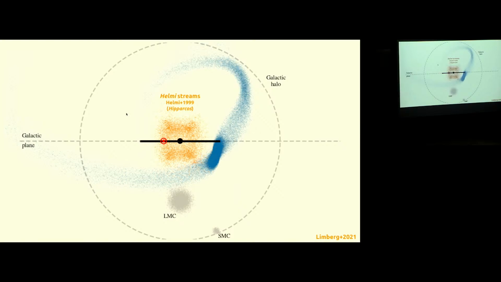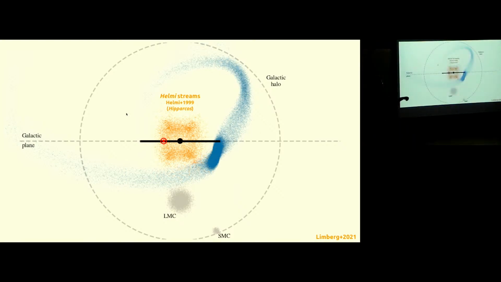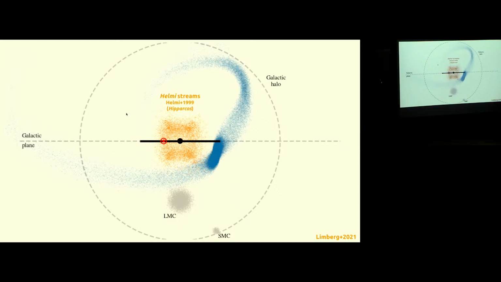Specifically, this one stream was found because the angular momentum vectors of stars that are members of this stream were very different from the bulk of the stellar halo around the sun. Why I think this is interesting to mention is that I also had a paper on this. Specifically, we looked in a previous paper at the chemical compositions of stars in this one dwarf galaxy. And you can imagine that star formation in these tidally disrupted dwarf galaxies quenches very quickly at the time of accretion. But specifically, from the chemical abundances of this one galaxy, we were able to show that it experienced at least 2 bursts of star formation.